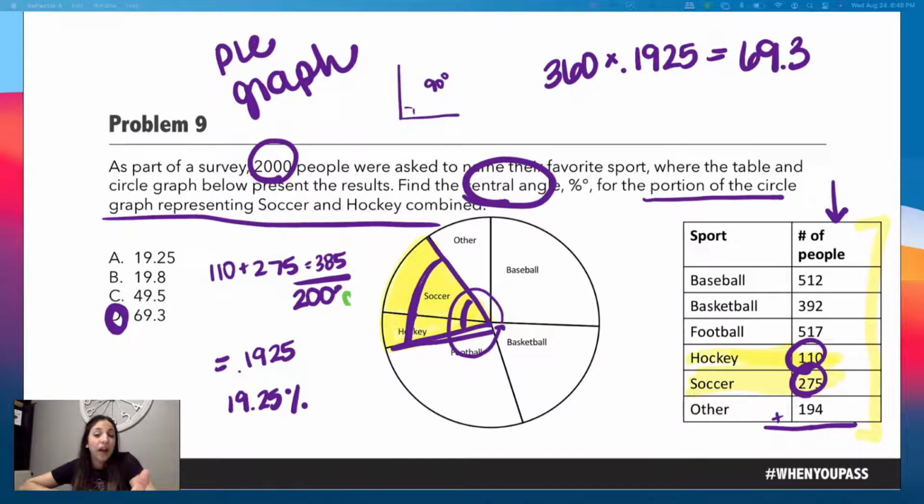And really, if I was looking for the angle measurement and I was doing it based on how it looked, I would have probably chosen 69.3 degrees anyways. But we never, ever, ever want to do things based on the way they look, because a lot of times things are not drawn to scale. All right, let's do another one.